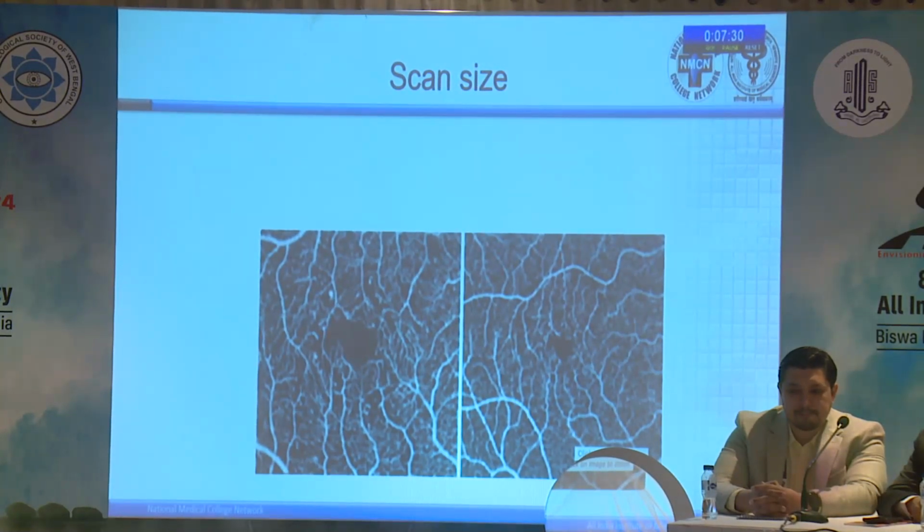So even though we can achieve a larger scan that will provide us a larger area to evaluate, on the left side you see it's a 3 mm scan, and on the right side it's a 6 mm scan. On the left side we can see the microaneurysms, but on the right side we cannot see the microaneurysms that clearly. So the resolution does decrease in a larger scan, and also there is a problem of artifacts coming in because you are detecting motion, and